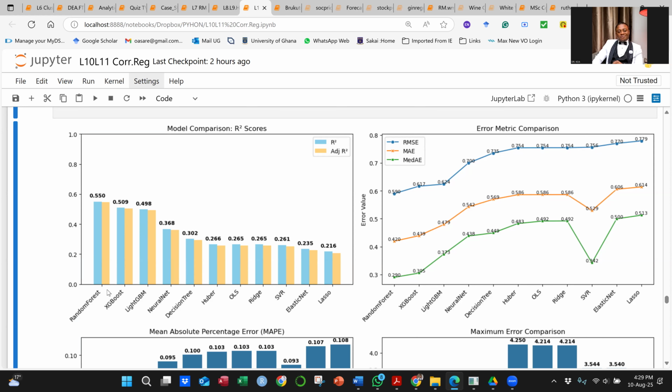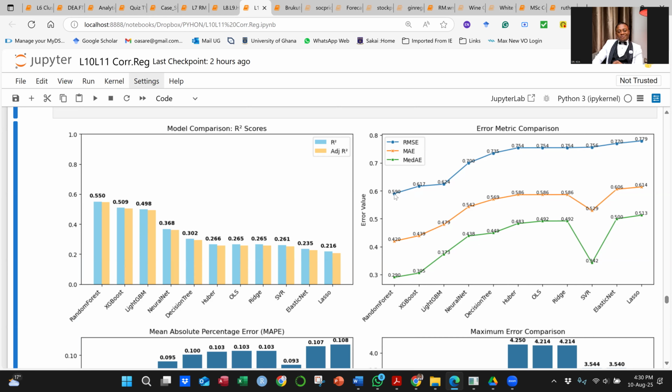And by the way, our random forest is leading. When you come to another metric, the root mean squared error, the MAE, and then the median AE, all of them you can see again consistently. Oh, by the way, you want the lowest one. And when you draw it like this, it quickly helps you to know which one is the lowest.